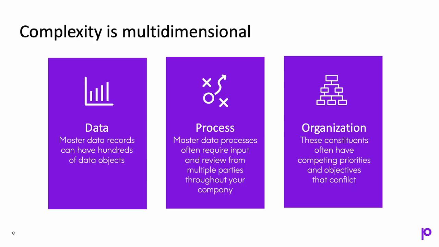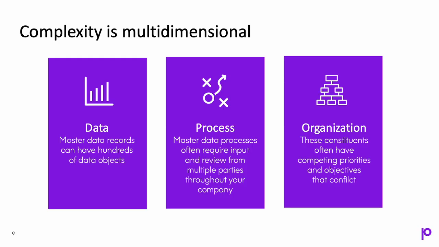They have lots of different steps that often require you to deal with multiple people across your organization. So now you have a complexity to the organization, because different people in different departments have different priorities. They want different things. They want their data created and managed differently. The other organizational challenge we run into is, as you move from ECC to S/4HANA, there's often a lot of change management because you've got different interfaces that people need to go through. Or you were doing custom processes and now you've decided to go with a clean core strategy and you're doing standard SAP processes.